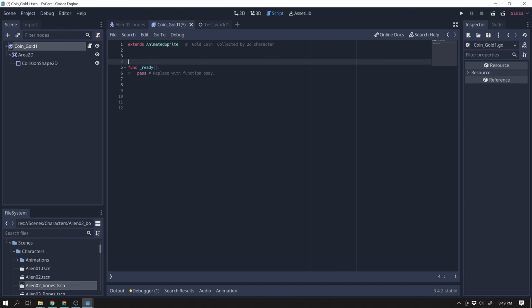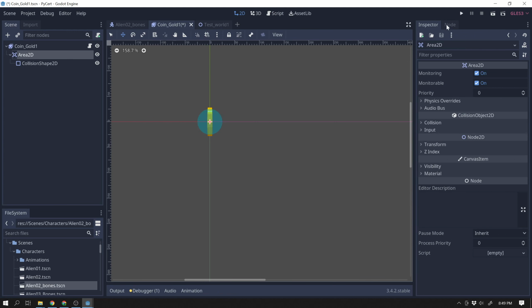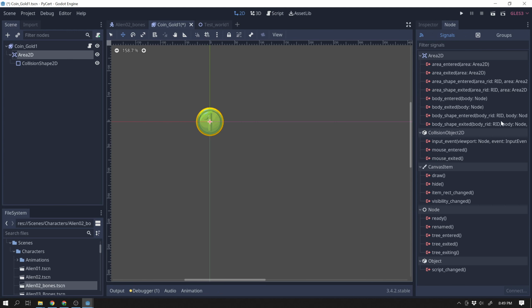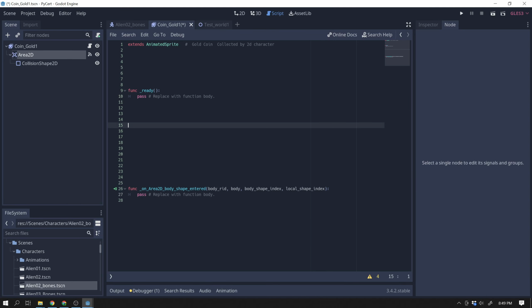There's several different ways to add the signal that tells it, hey, something bumped into you. Let me show you how you do that. If you click on area 2D over here in the top right, you can click on node, and then you have these signals here. And one of these says body entered. Body shape entered. I'm going to click on connect, and I want it to connect that to the gold coin. Now, anytime something bumps into it,